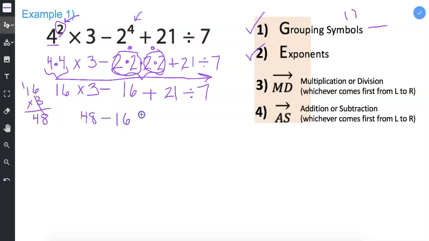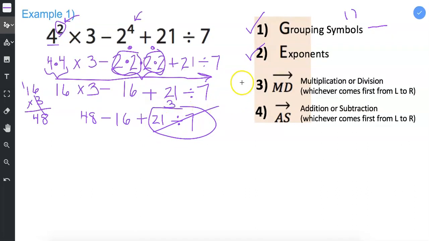Let's see if we're finished with level 3. So take a look back at level 3. Level 3 is about multiplication and division. We're not quite finished because I see some division here. 21 divided by 7 is 3. Instead of rewriting everything again, I'm going to leave the 3 right here, and then I'm going to move on